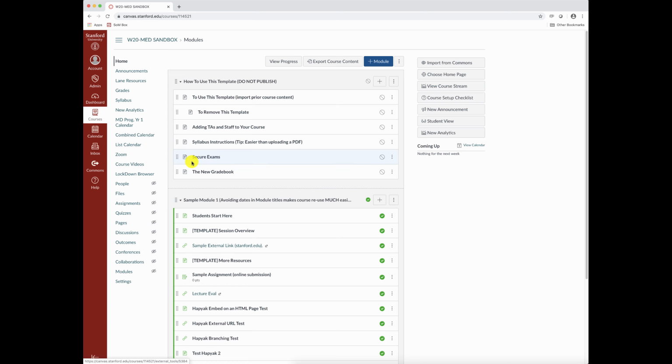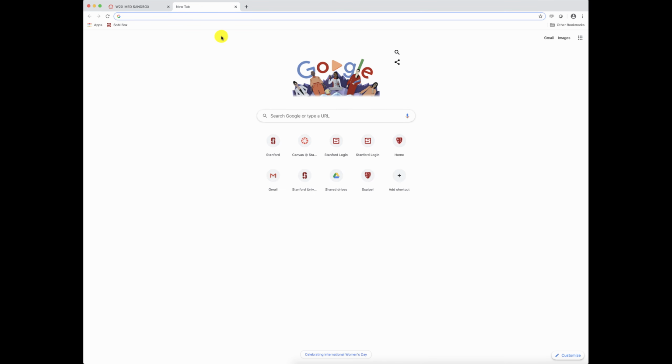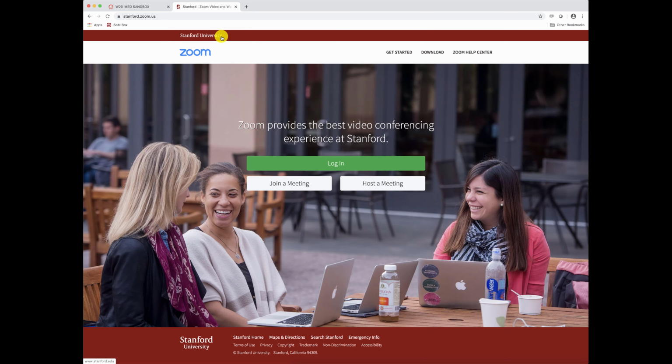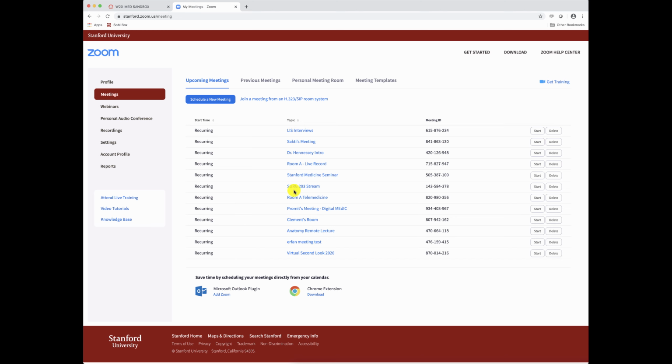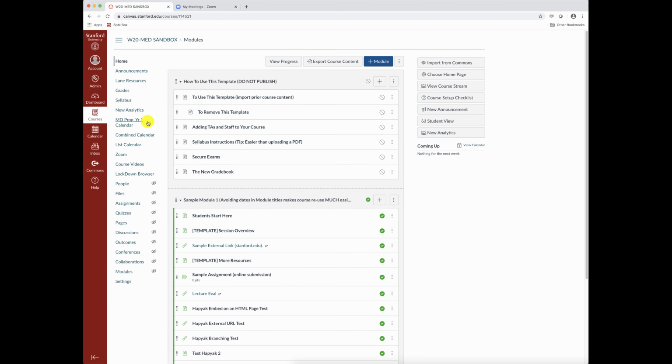To fix that, open up a new tab, go to stanford.zoom.us, click on Login, and then it'll ask you to authenticate using Sunet. Once you get to this page, it means that your Zoom account is now provisioned. You can then go back to your Canvas course, click on Zoom,